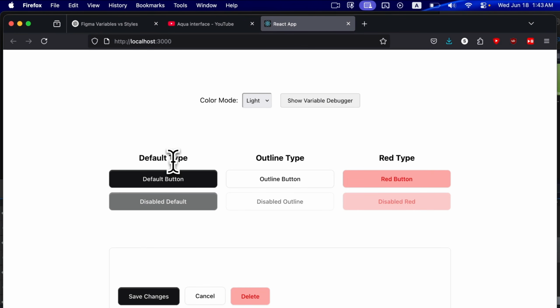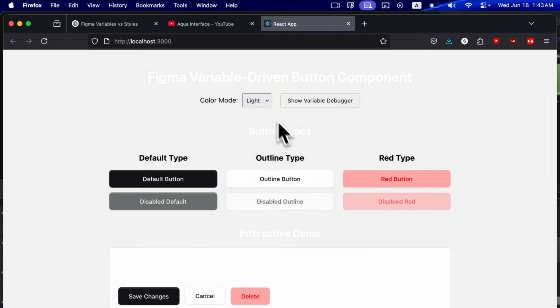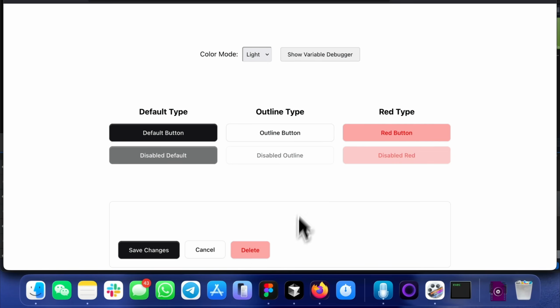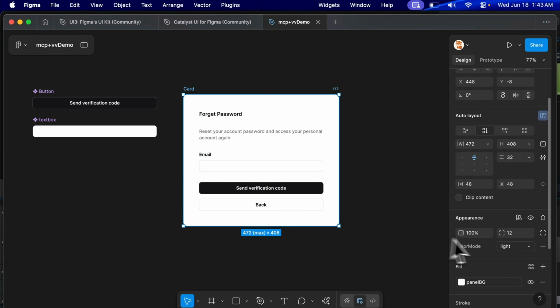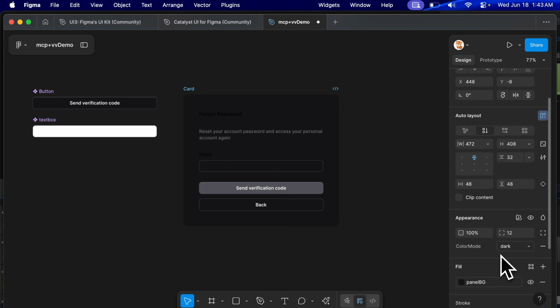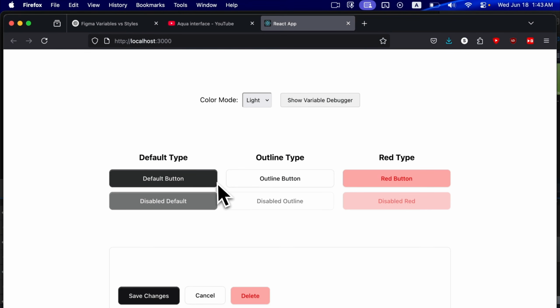So the button has 3 types, the default, the outline, and the silly red type, and they also support dark and light mode. And this is exactly how I had it designed in Figma. Let's take a look. So if I go from light to dark, the primary variant or the type goes like this, which matches exactly